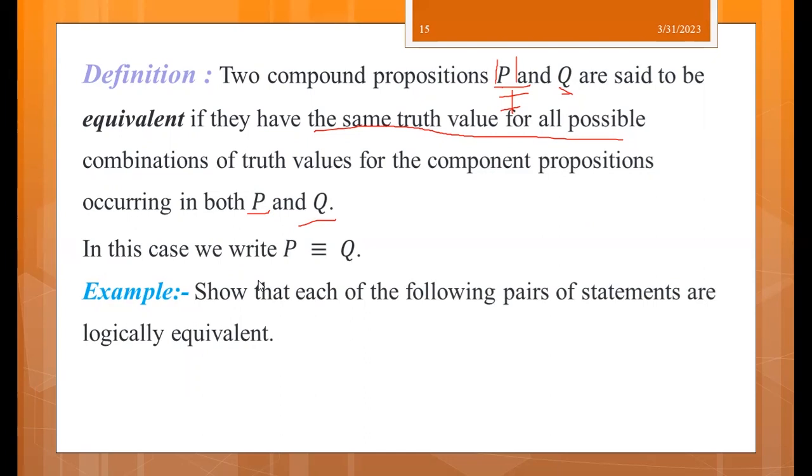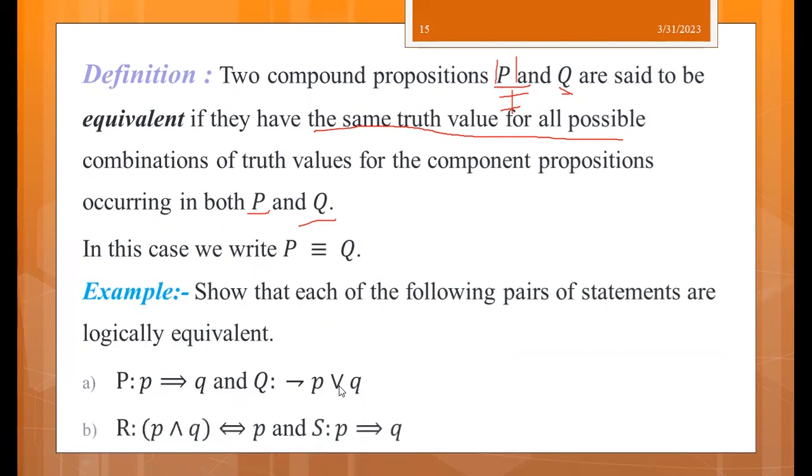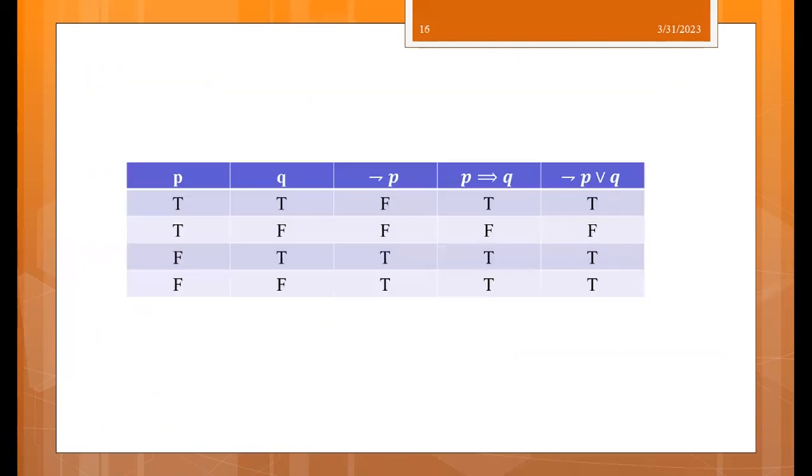As an example, let us consider these two compound statements, P and Q, where P is P implies Q and Q is negation of P or Q. So let us see whether these two statements are equivalent to each other or not. Similarly, let us consider another one, that is simply R, P and Q if and only if P, and another statement that's simply S, which is P implies Q. So the first one is simply here,